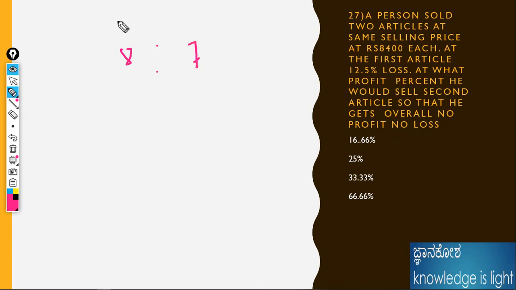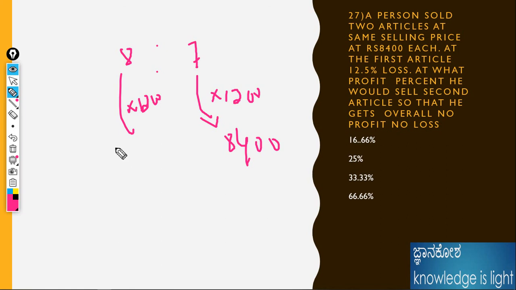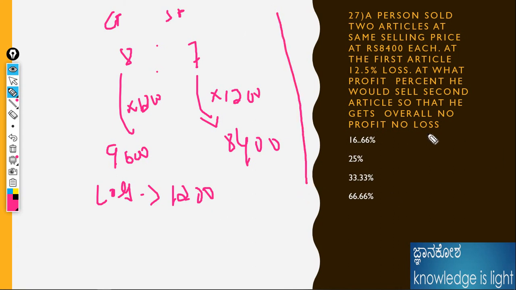Understand? Then given the price, the cost price is 8,000 and the selling price is given as 8,400, so 7 to 7 to the 1,200. Then the cost price should be 9,600. Then the loss should be 1,200, because 96 minus 84 is the loss, as the cost price is higher here. For the second article, how would it happen? This should be profit. If the overall result is no profit, no loss, then there should be a profit come. That's why. What is the second article?